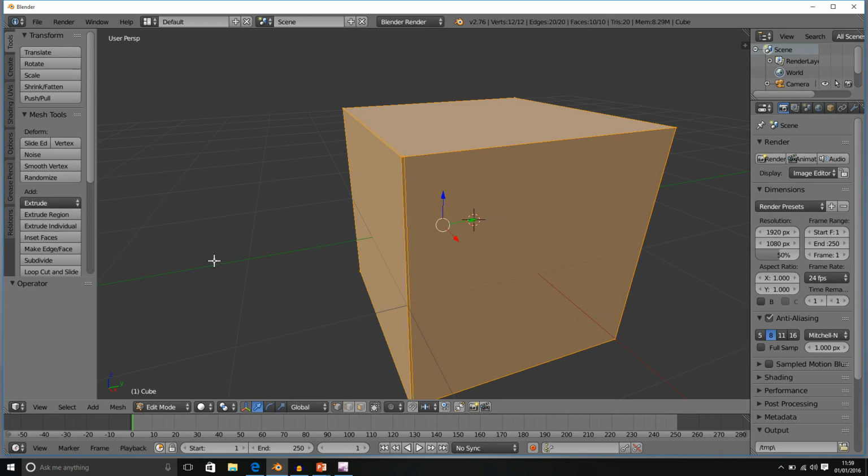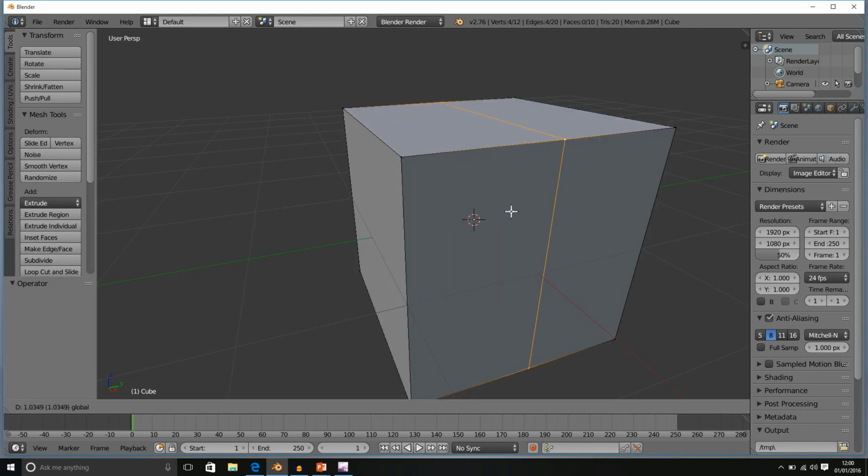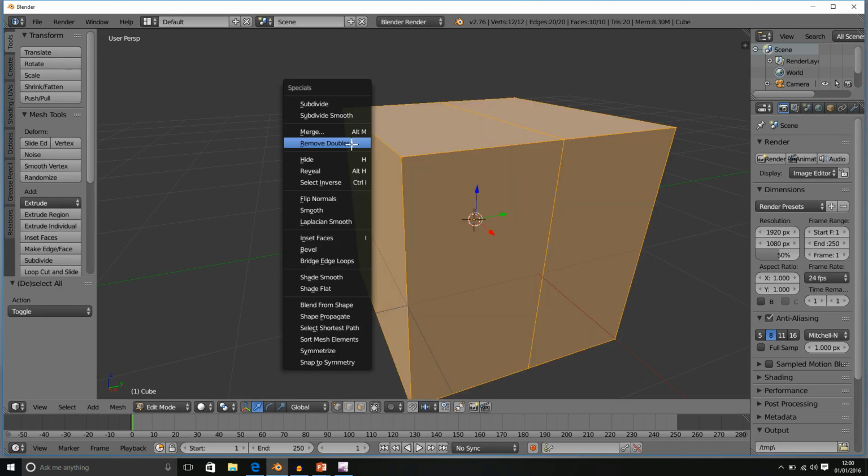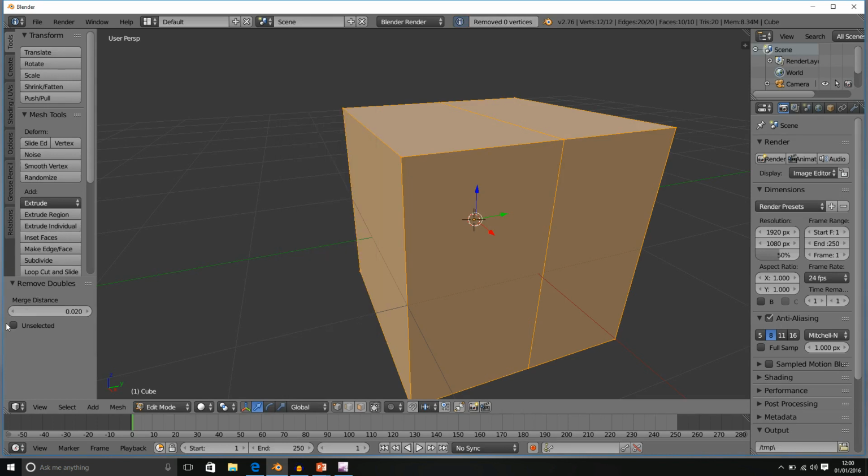If I undo that action and increase the gap between these loops again, I'm going to select everything, bring up the specials menu, remove doubles, and now we'll have to increase the merge distance significantly more. And there we go.